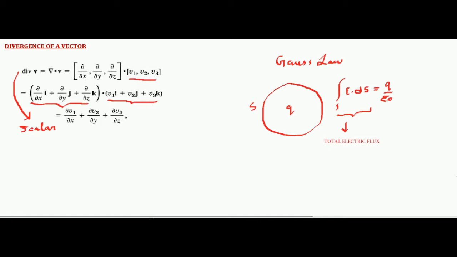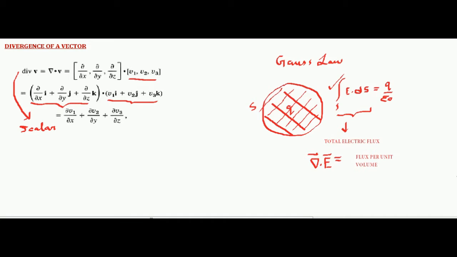Now what is the divergence of E? Agreed? So if I do del dot electric field, then the physical meaning of divergence of electric field is flux per unit volume. See, this is the total flux for the entire volume. Okay, so the integral of E dot ds is the flux for the entire volume enclosed, and del dot E is only flux for unit volume. So this is the physical meaning of divergence in your electrostatics.